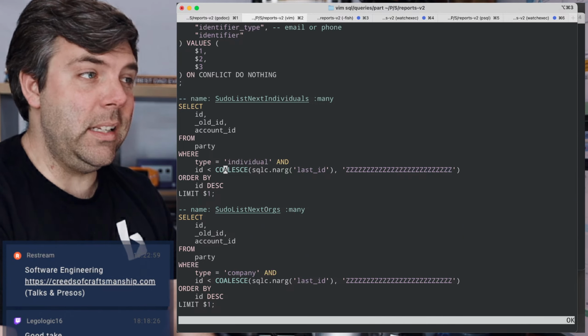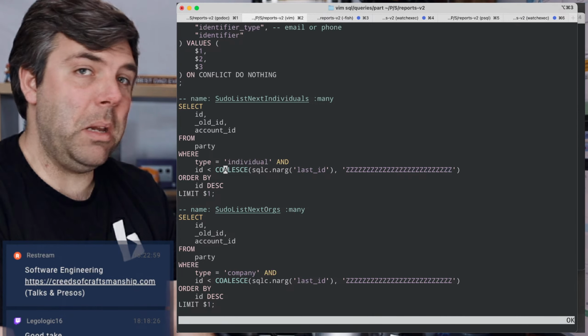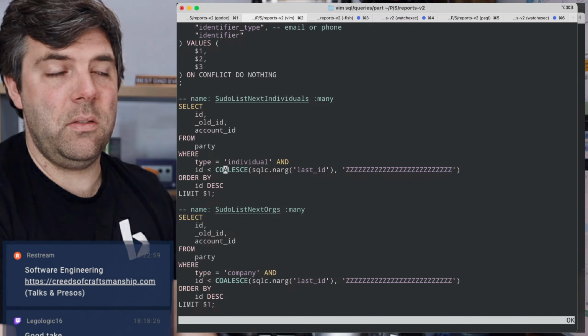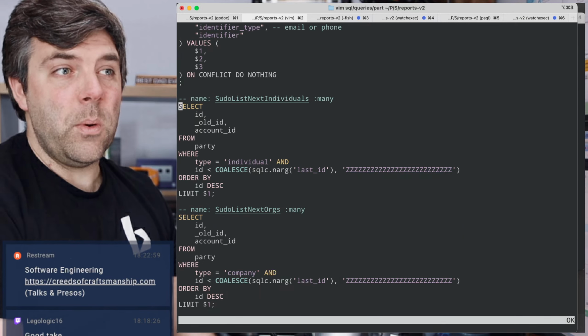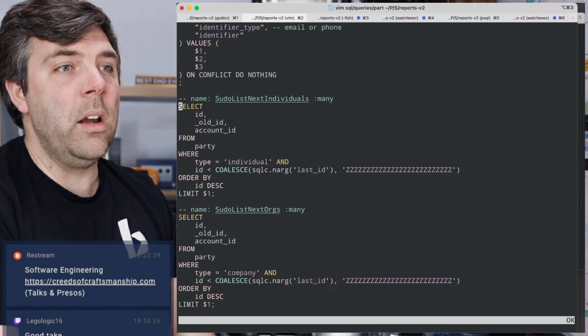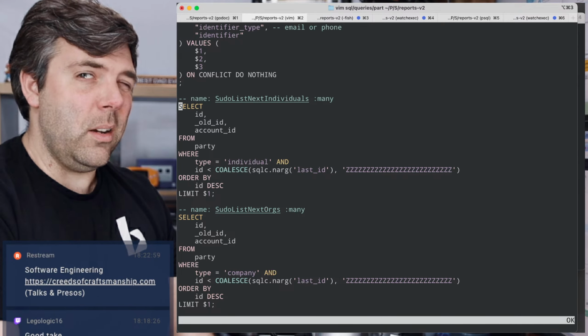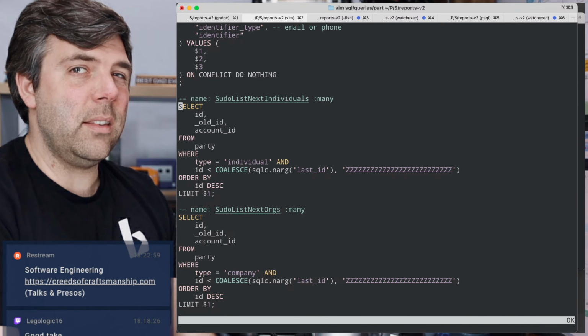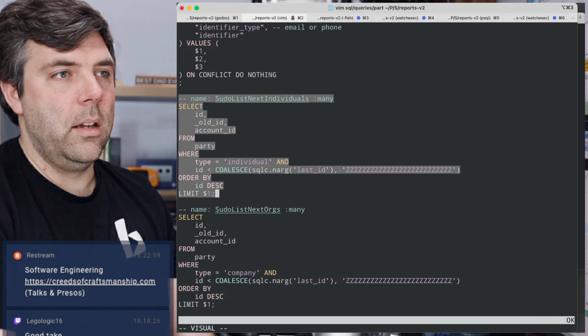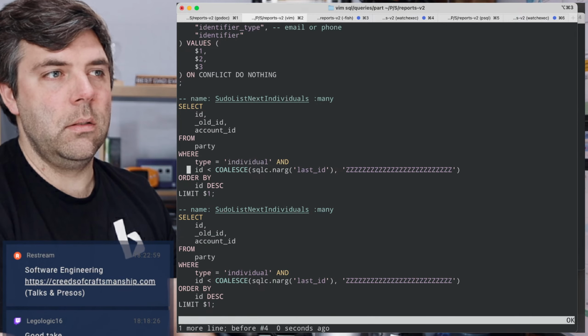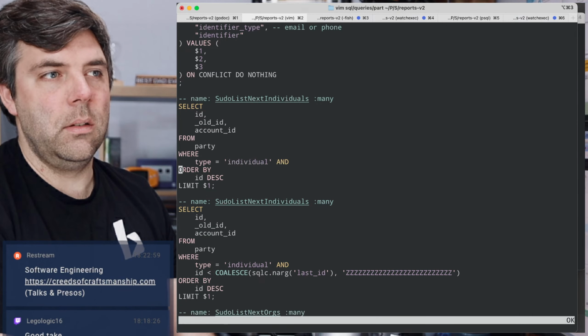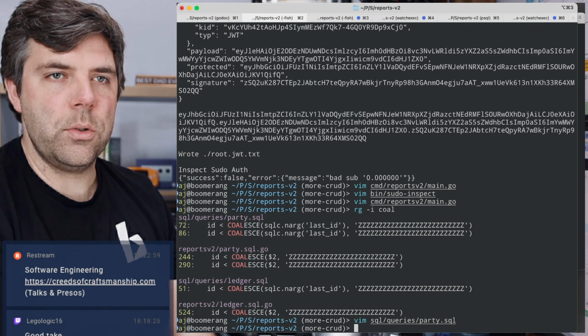Is that really significantly slower? It could be. I don't know. I'd have to performance tune it. But if there was some case where that was really significantly slower, it's probably because an index was missing. But let's say everything is right. Well, then I would just copy this and paste it, and I'd make a version without the where clause, and then I'd name it something else. So I think SQLC has the right approach.